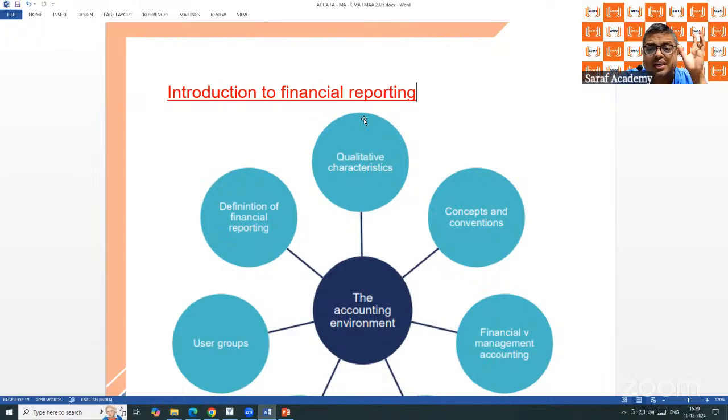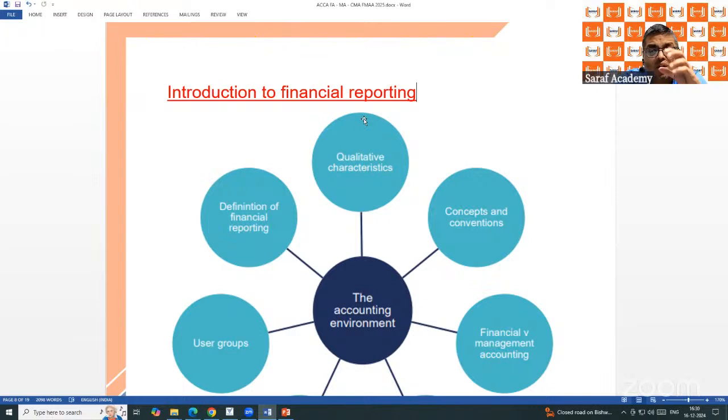Management accounting is internal. Management accounting is not based on any guidelines, rules or regulations. Financial accounts are prepared, and a summary is generally prepared at the end of the year. A management accounting summary is prepared maybe quarterly, maybe every month, maybe every fortnight, very regularly. In management accounting there is no format. It will be made this way, it will have these columns and rows, no format. But financial accounting has a format.